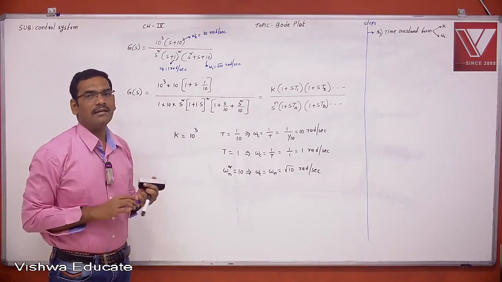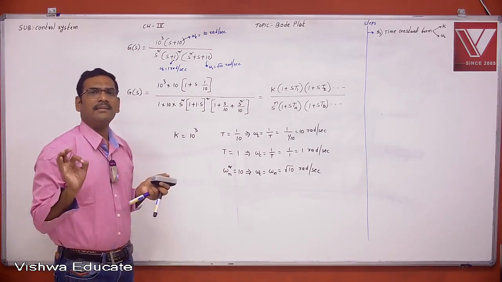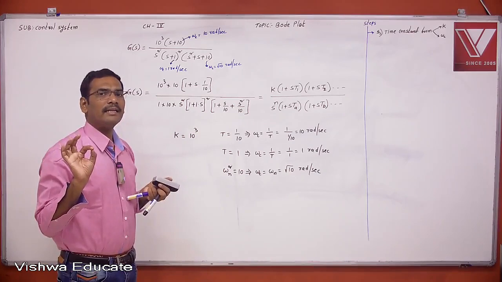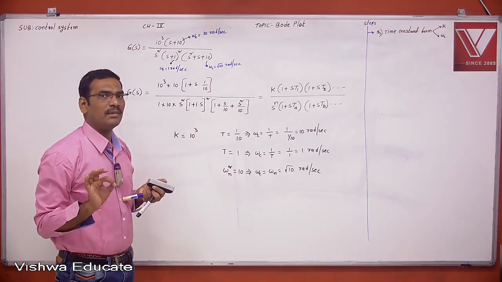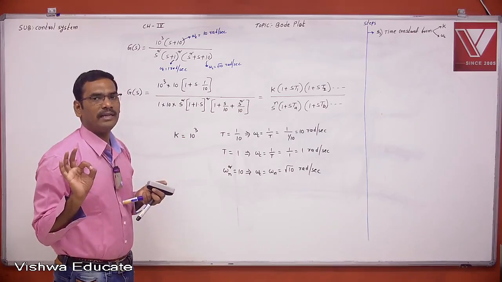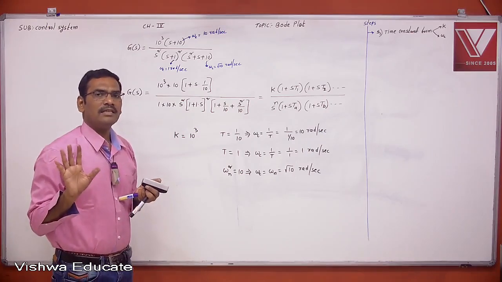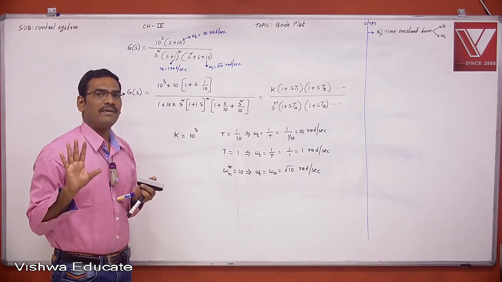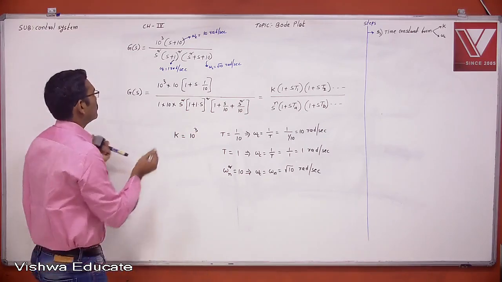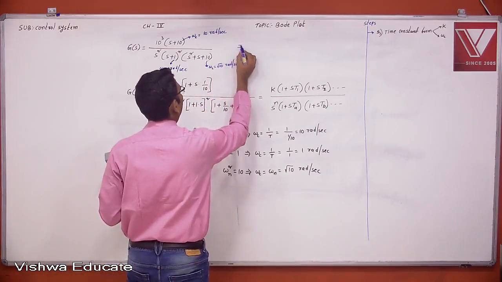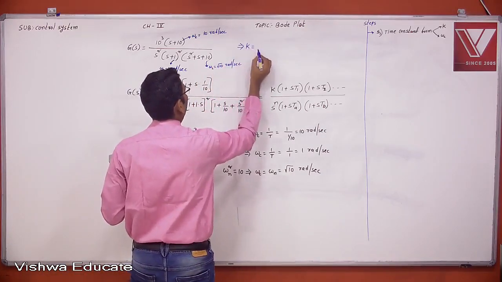And the system gain also you can find directly. The system gain is nothing but numerator constants by denominator constants, which means simply substituting s equal to 0 in the transfer function; whatever constant you get, that is the answer. So in the shortcut method, K equals numerator constants